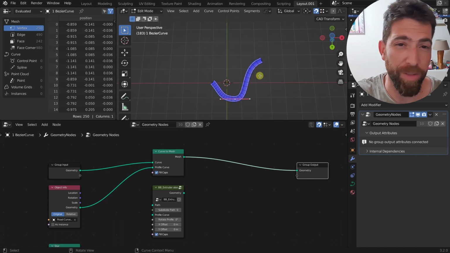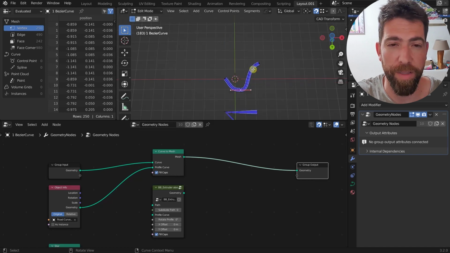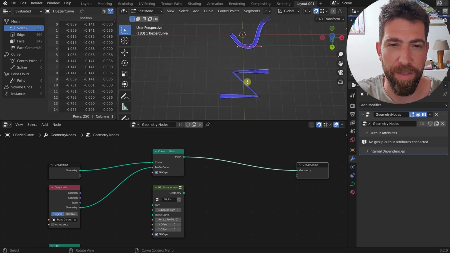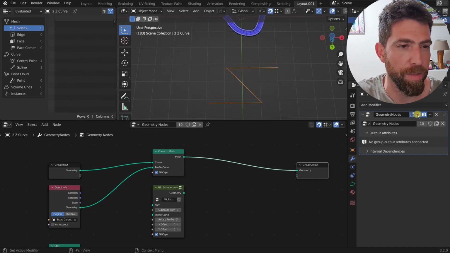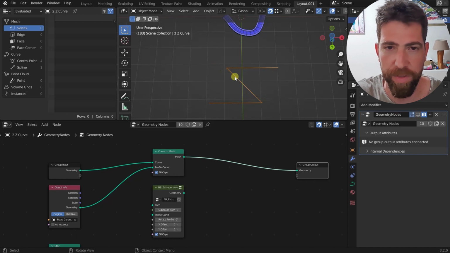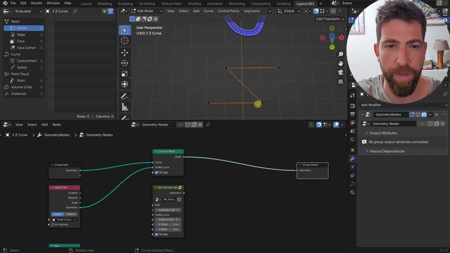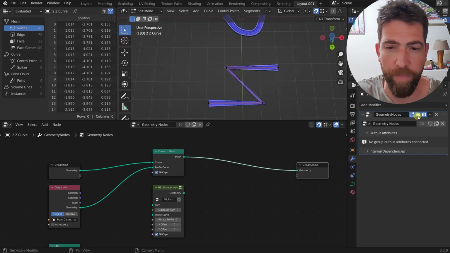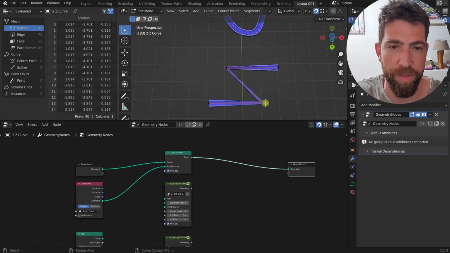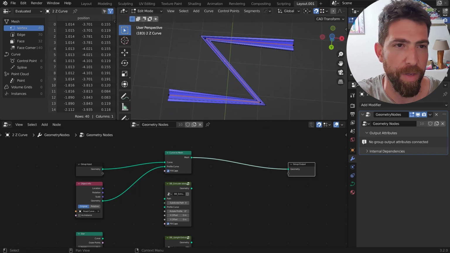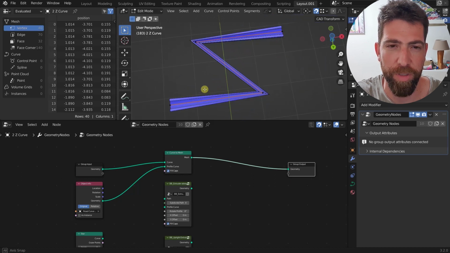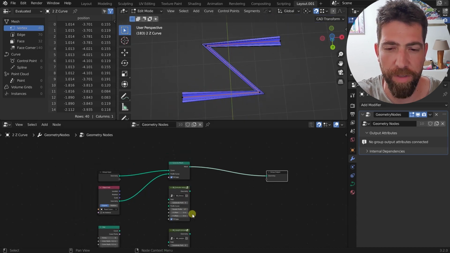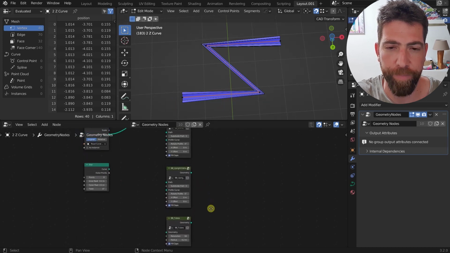The problem arises when you have something like this Z curve. If I turn off this modifier, the geometry node modifier, this is a simple polyline curve with 4 vertices, and if I use this setup, as you can see, something really weird happens. It's not what we would expect, and that's something we already solved with these tubes geometry nodes,